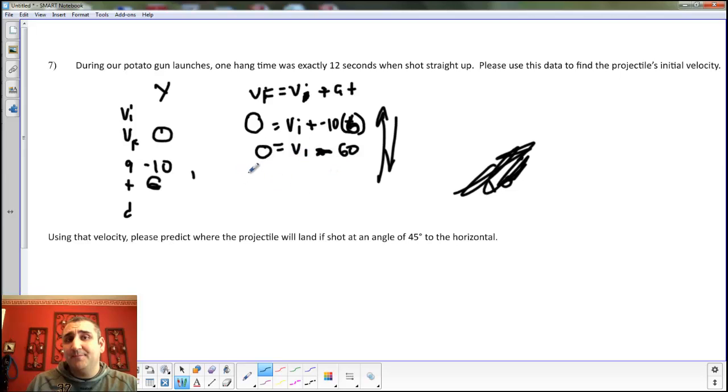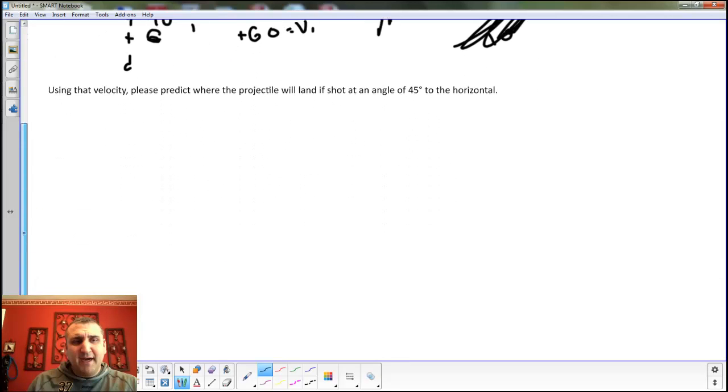And the cool part is it was negative 60 over here, but we have to add 60 to both sides, so we end up with a positive 60, which means that the potato cannon launches with a velocity of 60 meters per second. So now, using that same velocity, please predict where it'll land if we shoot it at 45 degrees. I'm going to start out with the